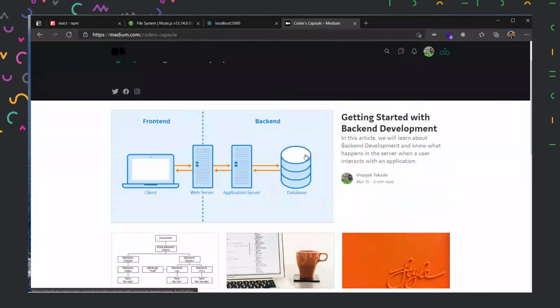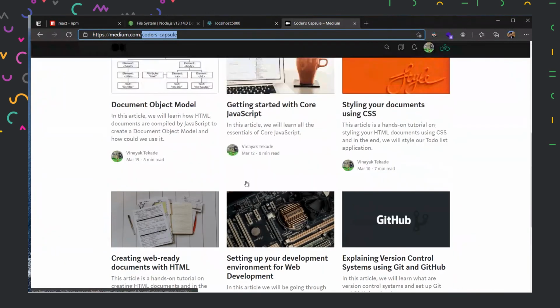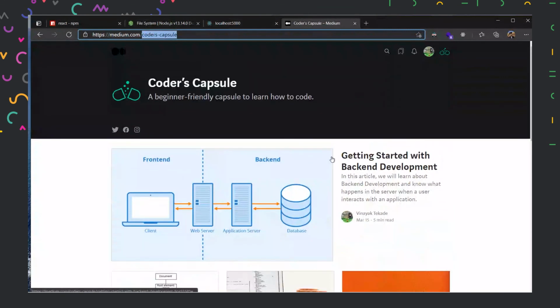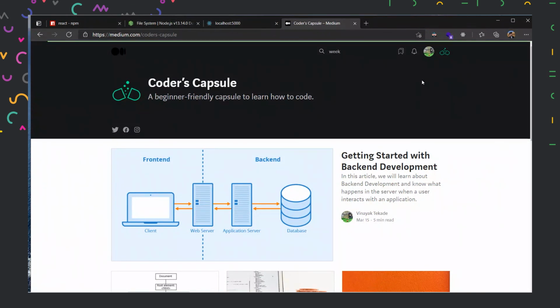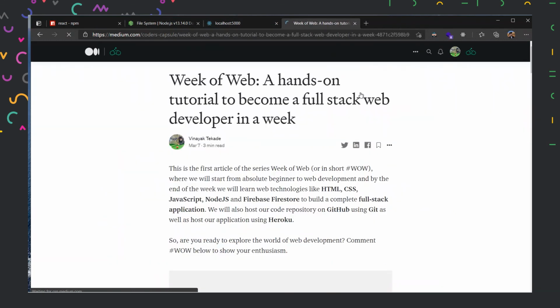Here I have written all the notes for you so that you don't have to take them during the session. Just head over to Medium and search for Coders Capsule. You'll find the articles I have written for this week of web. If you're still finding it difficult to find the articles, just search for week of web over here, which will give you the homepage dedicated completely to week of web.